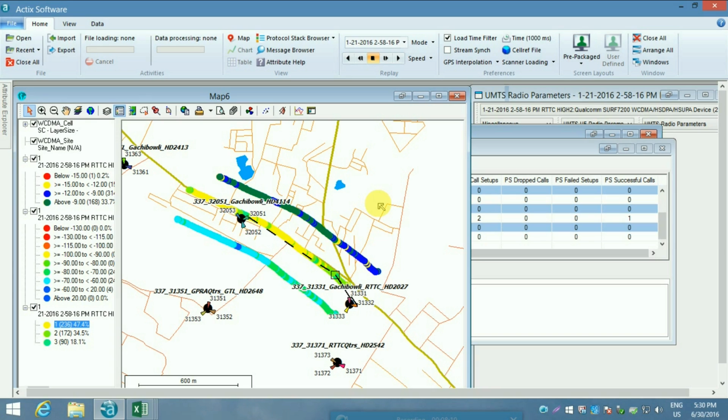Azimuth is nothing but the sector's inclination with respect to the other sectors, and changes are also made if necessary to the electrical tilt, which is the tilt of a waveform, and the mechanical tilt, which is the physical tilt of an antenna.